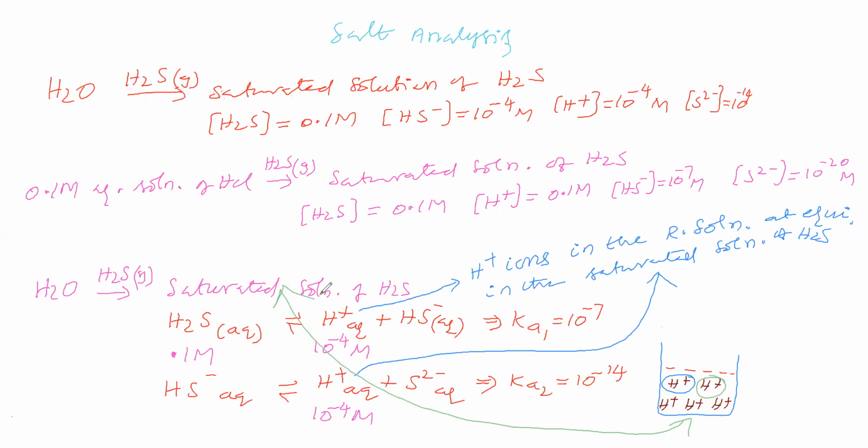We smell the test tube, and if we get a strong rotten egg smell, it is saturated. In that way, if we prepare the solution, we can say it has H plus ions, and it has one concentration value only. We will say H plus concentration means one value. Can you say two different values?